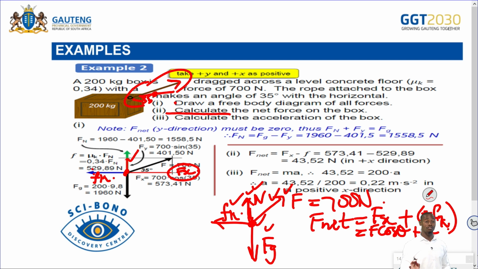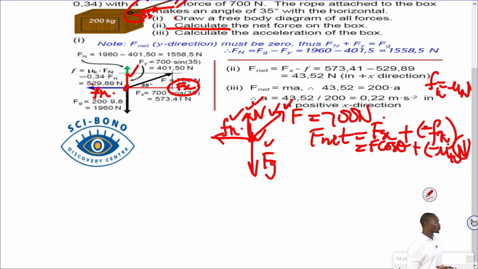No, I'm not given the magnitude of Fk, but I'm given the coefficient of kinetic friction. Then how do I calculate Fk if I'm given the coefficient? Go back to your data sheet, right? My Fk is given by mu k N. So where there is Fk, I can substitute mu k N. Then another thing which is very, very important here. How do I calculate my